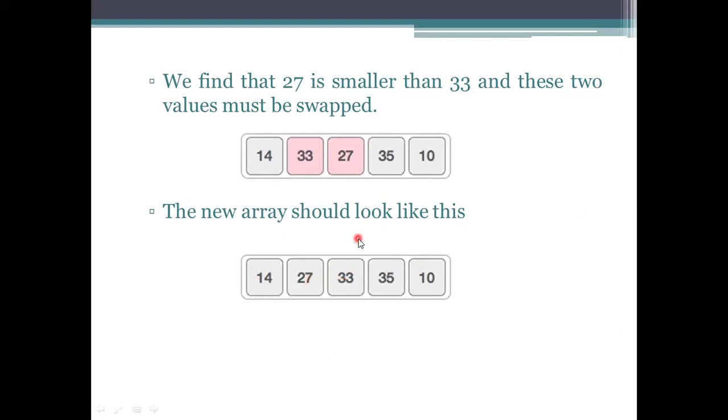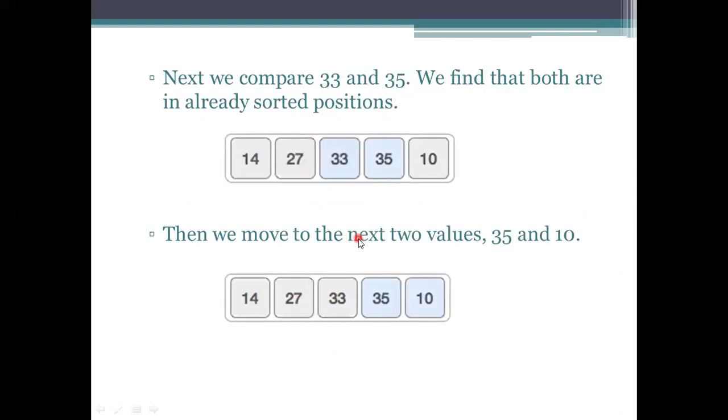Okay. Now see the next value. The next value here is 33 with 35. They are already in sorted order, so there is no need to swap. Just comparison is required. After comparison, we came to know that they are in sorted order only, no need to swap. So the next move will take us to the next element.